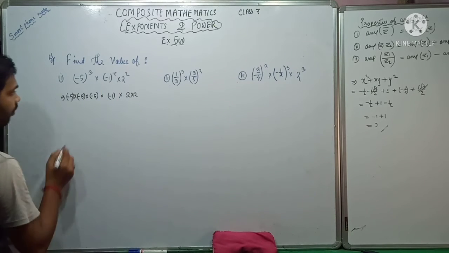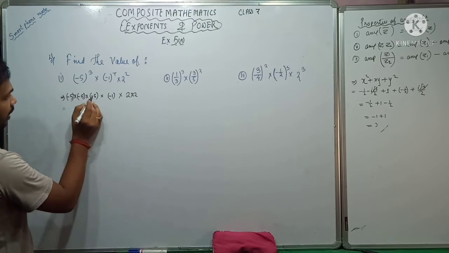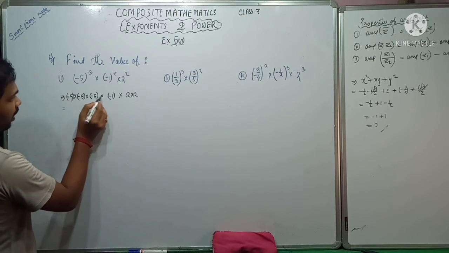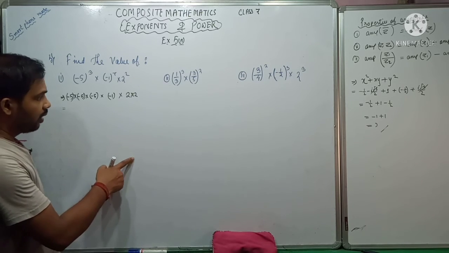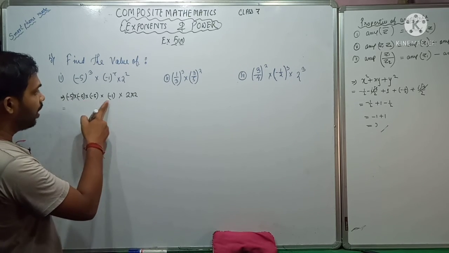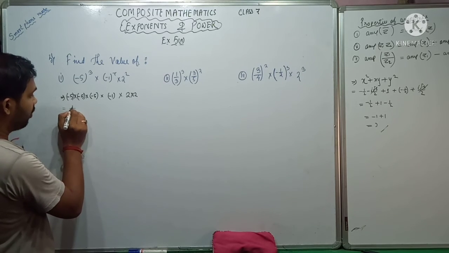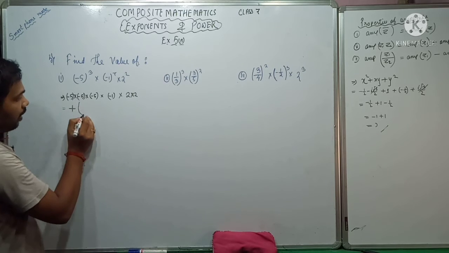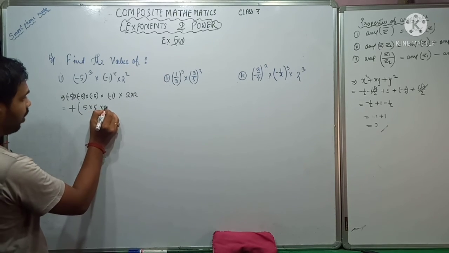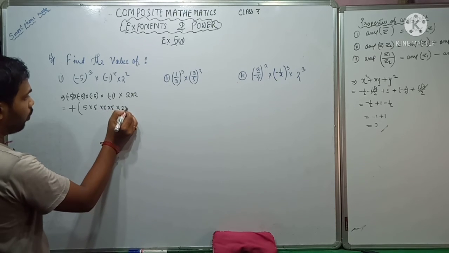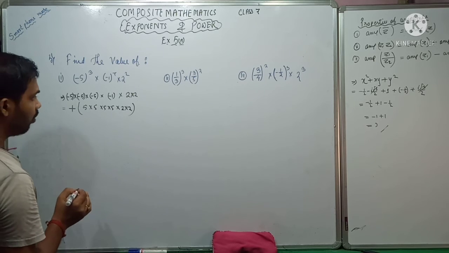Now you see, first I will clear the minus. Okay, now here minus, minus, minus, minus, how many times? It is 4 times. Just a few minutes before, I told that minus when multiplied even times becomes positive, so it is plus. Then I will put a bracket and multiply all this, so it is 5 into 5 into 5 into 5 into 2 into 2. Okay, now I will make pairs and multiply.